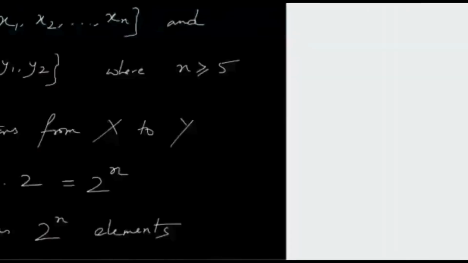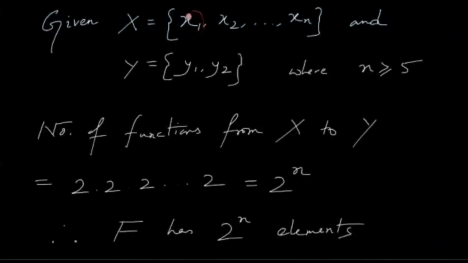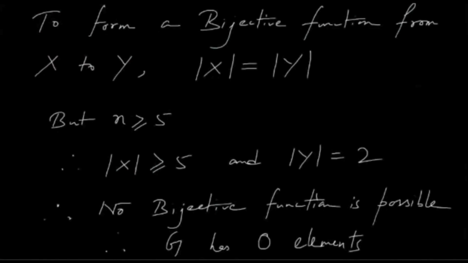Why again? Because if x1 gets mapped to, suppose, y1, then x2 has only the choice to get mapped to y2, and the remaining elements cannot map onto anything because those have already been taken by the previous elements. So it cannot happen, because if a function is to be bijective, then it has to be both surjective and injective. So there are zero possibilities here. So G has zero elements, so the number of functions in G is equal to 0. So options B and D are the true answers to this problem. It's a very easy problem actually. It's a 10 plus 2 problem. So yeah,